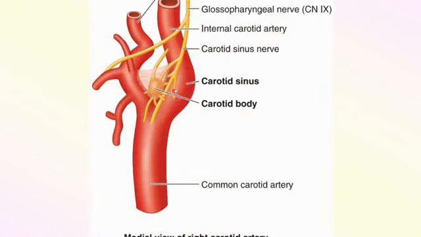So here you see the carotid sinus and all the nerve endings that are going to be located right there. And then right next to it, that little tiny, tiny thing, this is the carotid body. So this is highly vascularized, oval in shape, and it's going to be posterior to that bifurcation of, well,